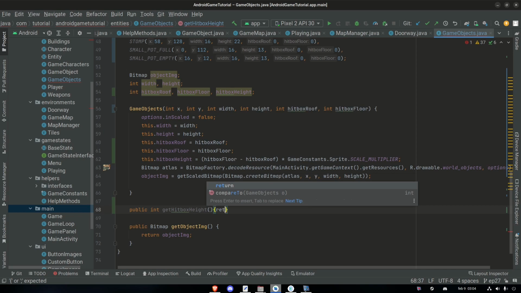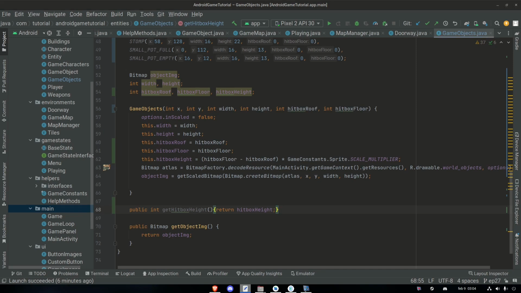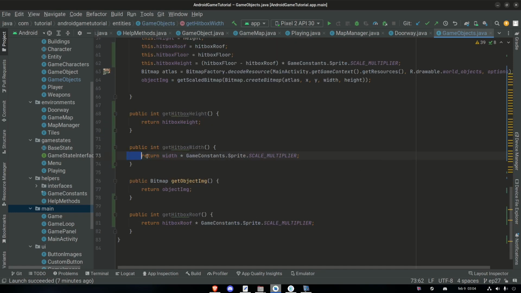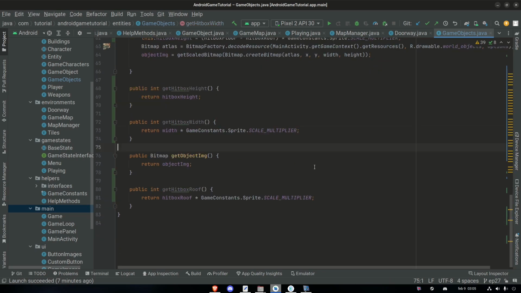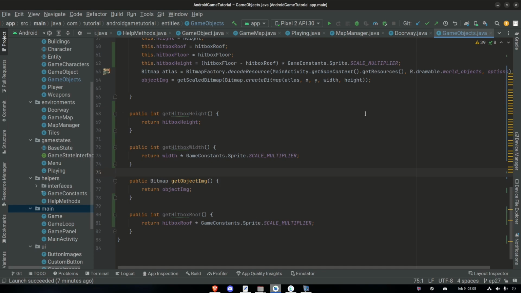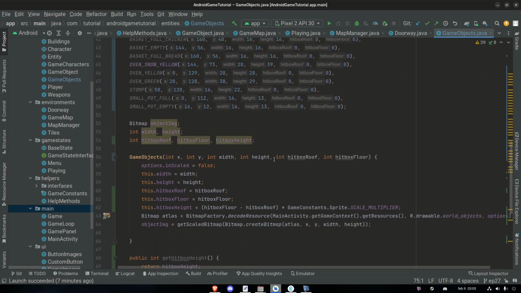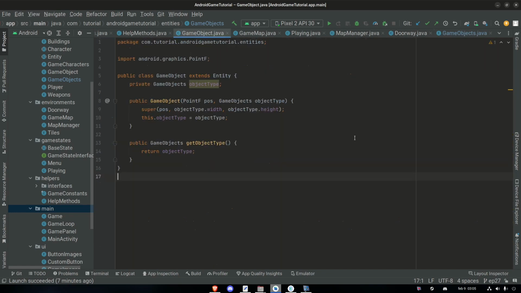We're gonna return hitbox height. We will also need width and hitbox roof. I'm gonna take this and paste them here. So we have our hitbox width and our hitbox roof, the actual value for it, so to speak. So yeah, now we have all the values we need in order to actually create a hitbox in our GameObject